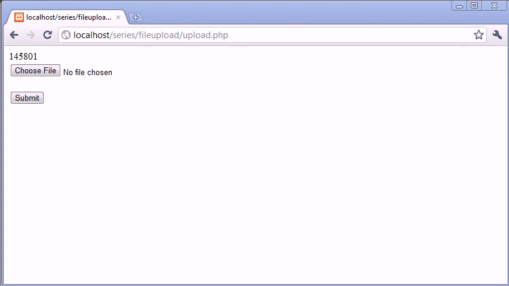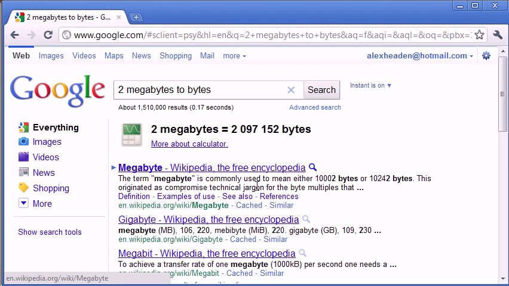Now the way we do this is we can easily work this out using Google. So if I just pull up this page here, you can see I've already typed 2 megabytes to bytes, and Google's automatically used the calculator to work this out for me. It's 2 million and then some more digits. So if we just copy and paste this,